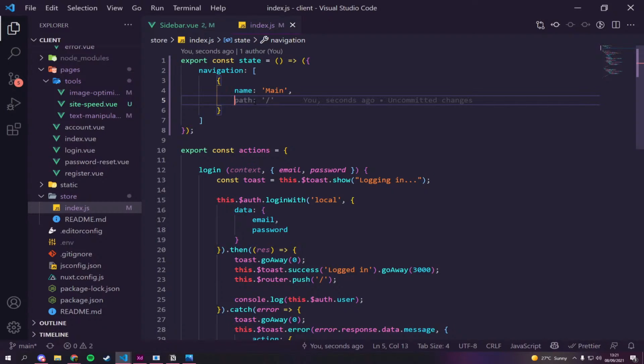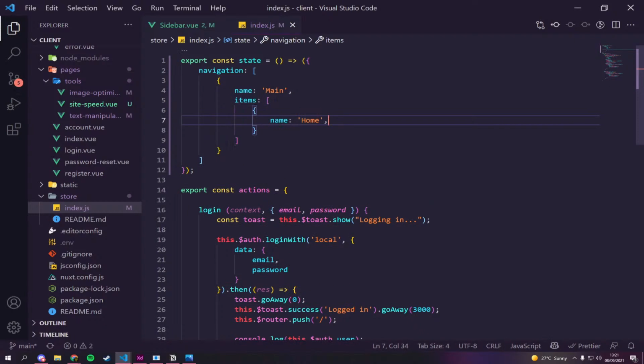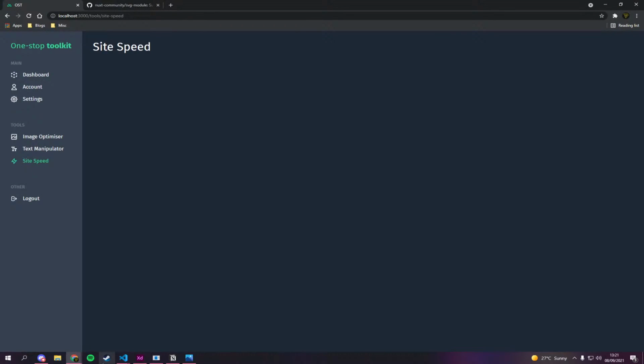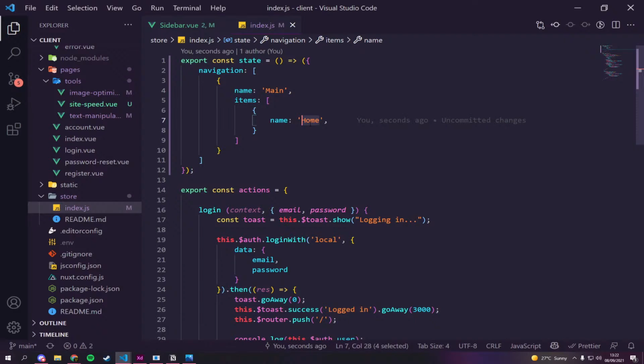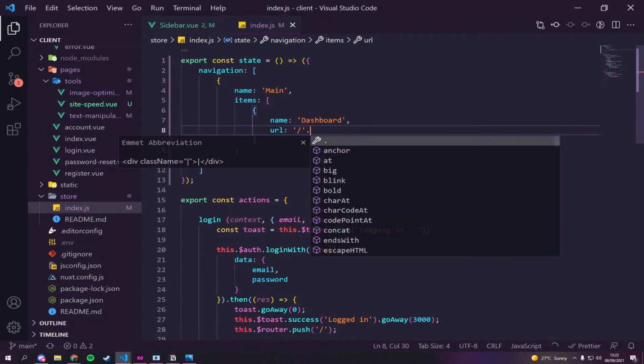How you been? Cool. So we've got navigation. We need items, don't we? So we need the actual list items, which would be another array, and this will be name home. Is that actually what it's called? What if I name it dashboard? We're going to go to dashboard. Let's call this a dashboard URL, which will be slash.